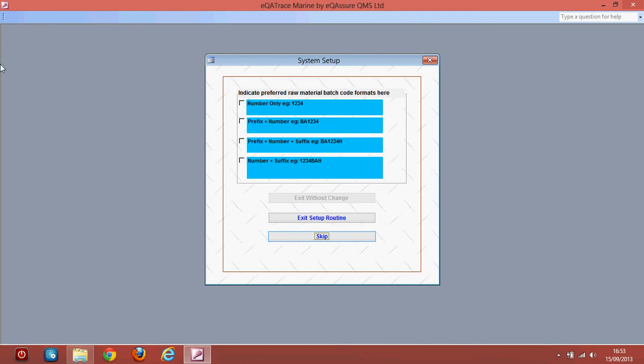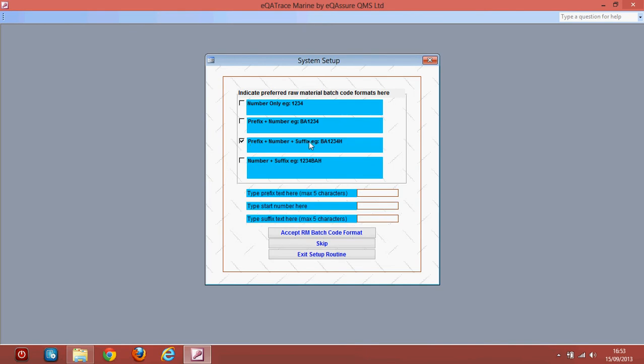As you can see, if I select a certain style, the system automatically queues up the fields for that style. In this case, we're going to go for the prefix, number and suffix option, which is option 3 there. Right, so we're going to put in there as a prefix R, because it's going to be a raw material code and it's best to have an R at the front of a raw material code because it can be spotted a mile away. Press return, then we're going to put a start number in there, I don't know, 640